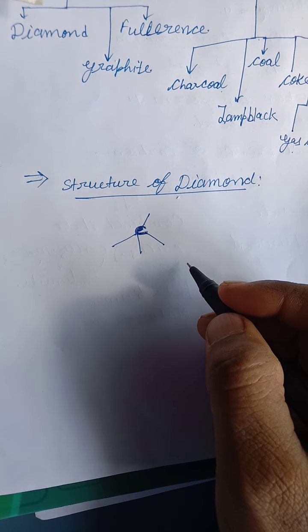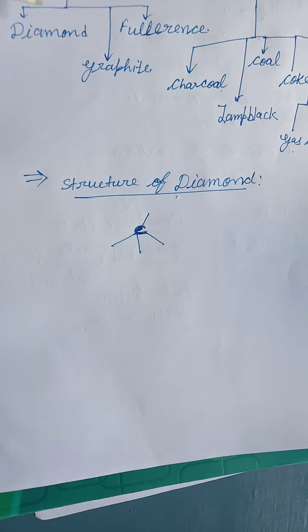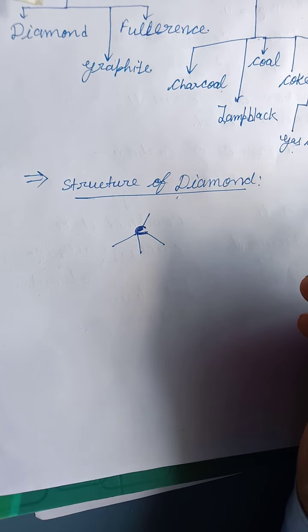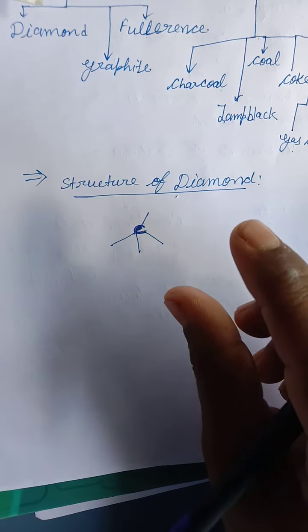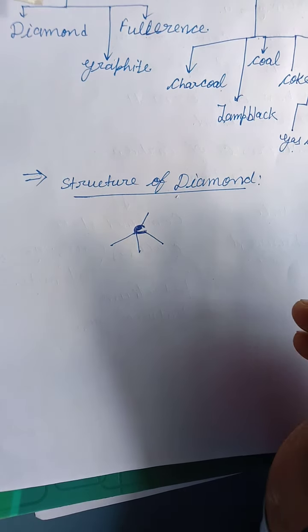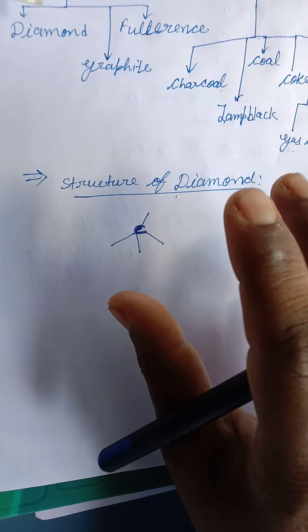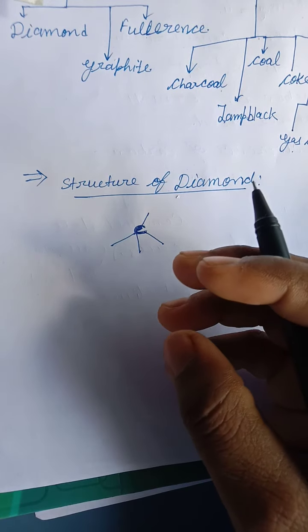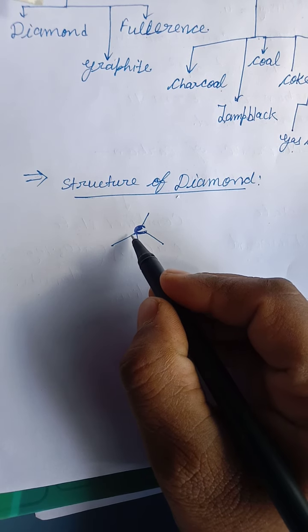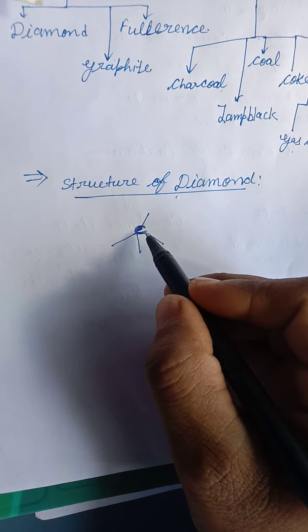Tetrahedron diamond, it is 3-dimensional octahedral. It is written octahedral size will be there. Okay, my dear. But if we discuss the connectivity of each carbon atom, then each carbon atom connects